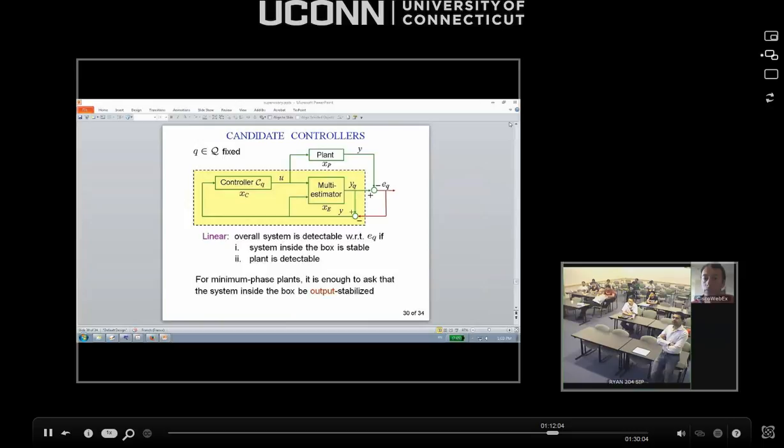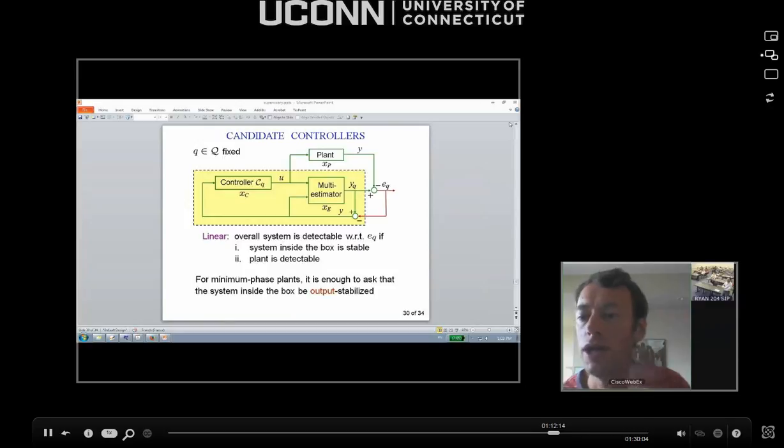What would be the foreseeable difficulties when someone tries to apply your method to practical applications? Well, obviously, it would be verifying the assumptions, right? I have the assumptions about the multi-estimator, so you need to design the multi-estimator. If you give me a practical system, the challenge would be to see if it falls into any of the known classes for which we have multi-estimators satisfying the properties we want, or if it doesn't, then maybe designing it from scratch. Then for candidate controllers, typically you would have to give me the controllers that work